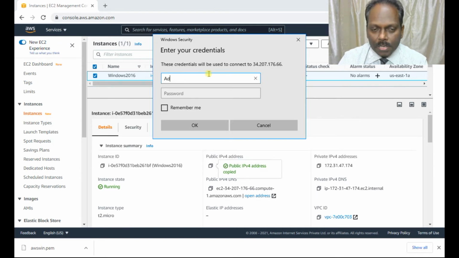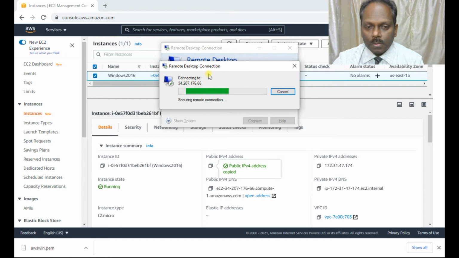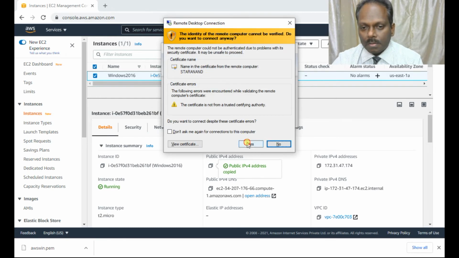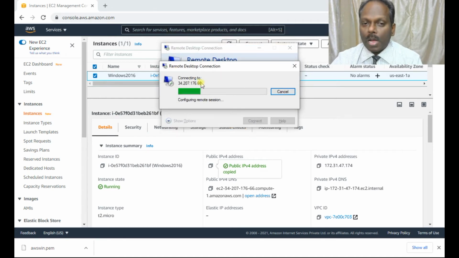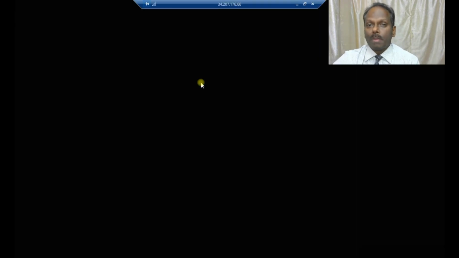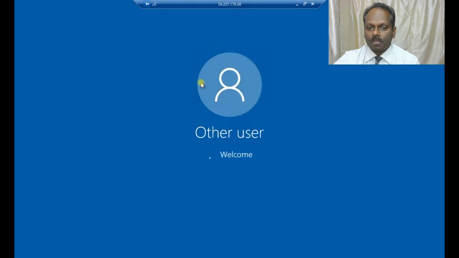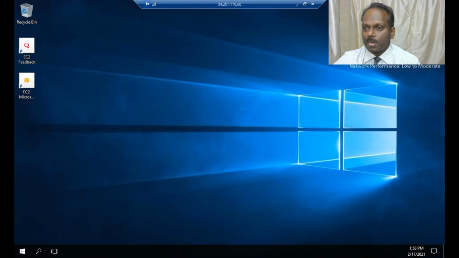So I'll say as administrator and give my new password. Yes, that's nice. So I'm able to log in to this server using my new password which has been set. Okay, preparing. The server is ready. So once this is done, you can see even your host name also getting changed.